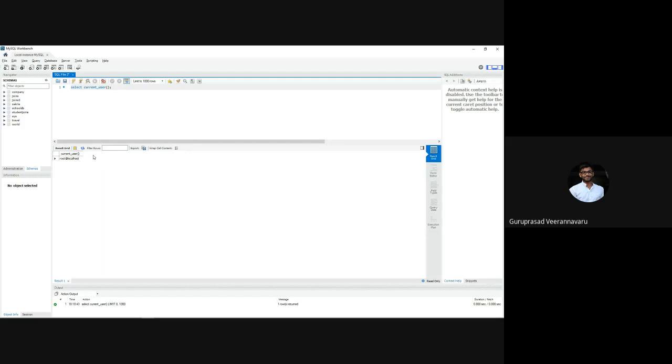Hope you're able to see. So you can see root at localhost, right? So what does root at localhost mean? Any username, right? They're written like this. You have the name of the user, then an at sign, and then some other value. Here it is localhost. So this is a combination of username